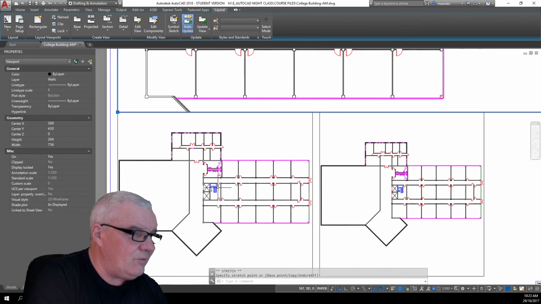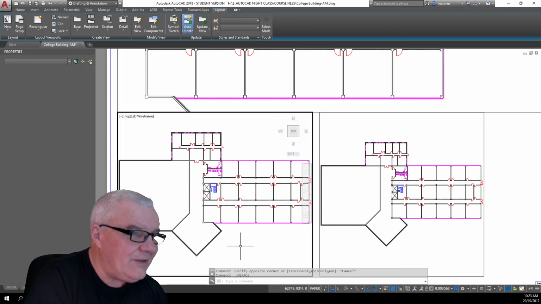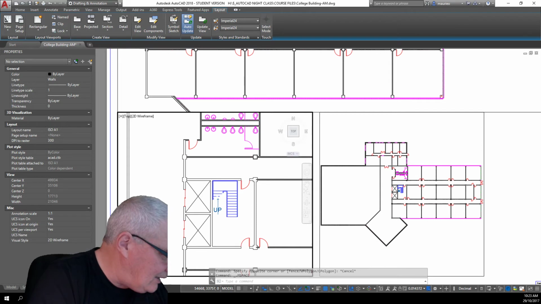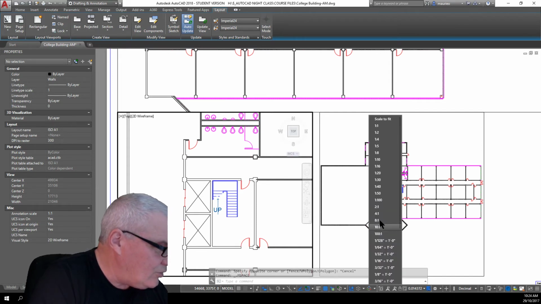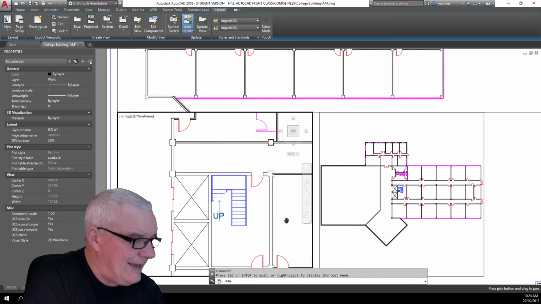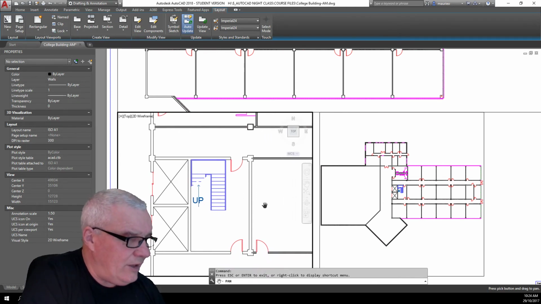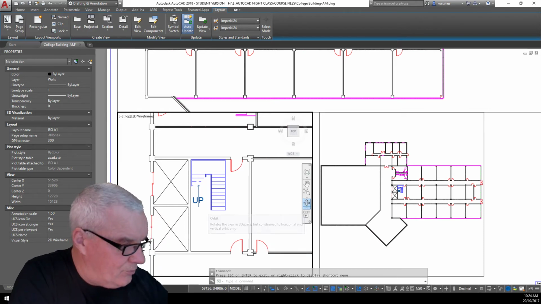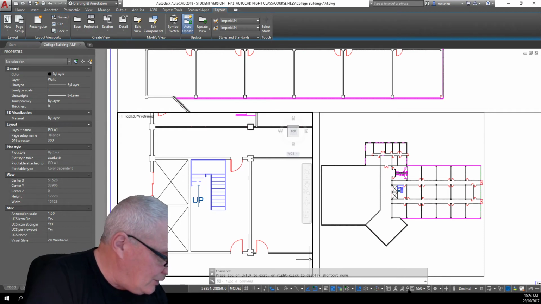Oops, no, that's not what we want to do. We've got to double click in there first, and then we can push that up to there like that, and then we can change this. Well, we can change it straight away really, and then we can use the pan here just to move it around, and right click to end the pan, or escape or space bar, and then we can lock that